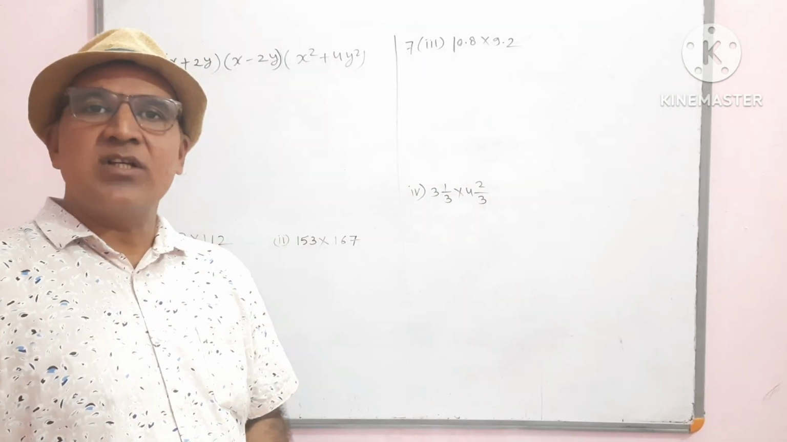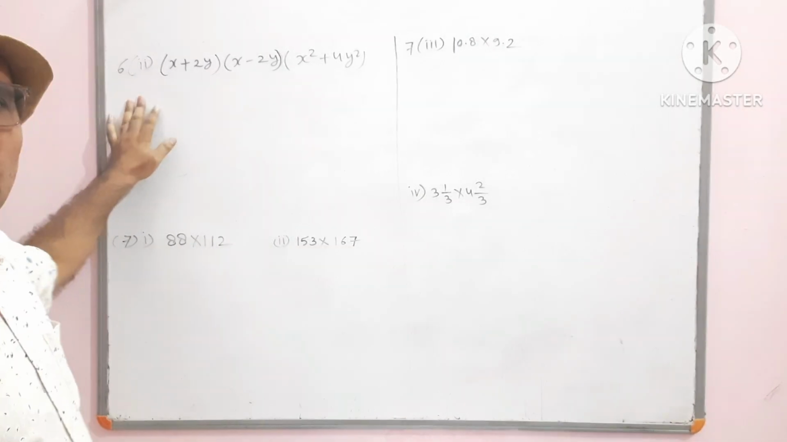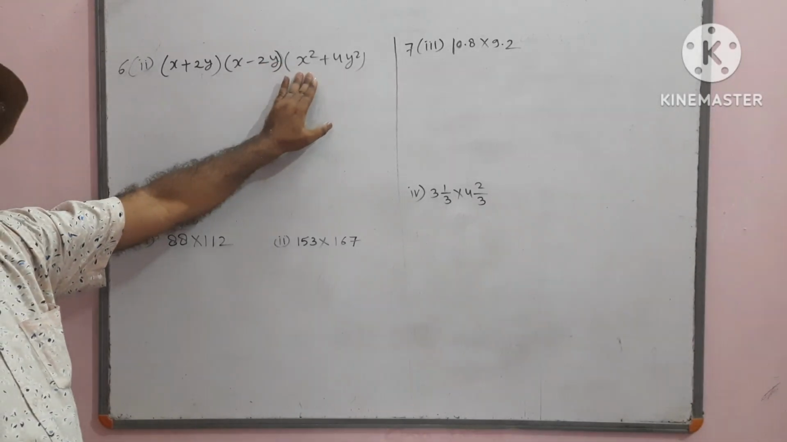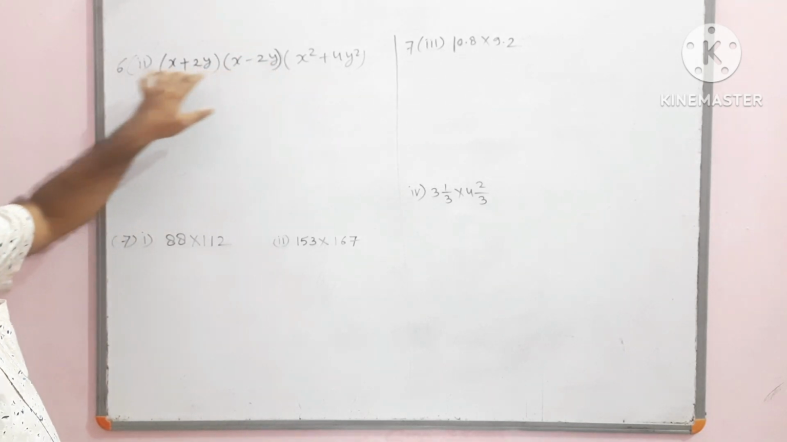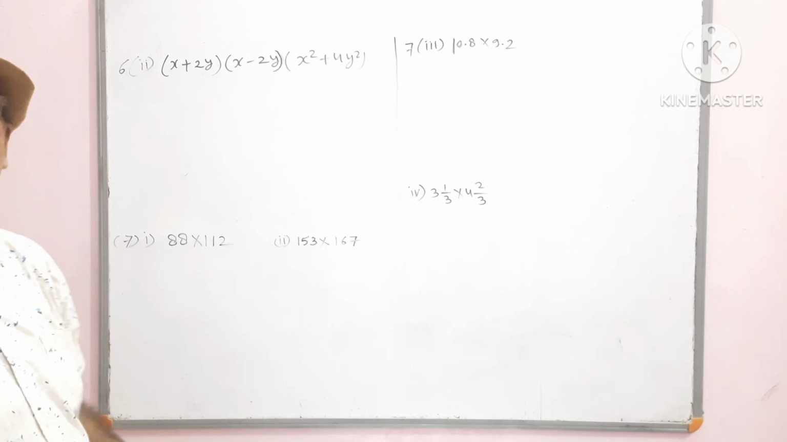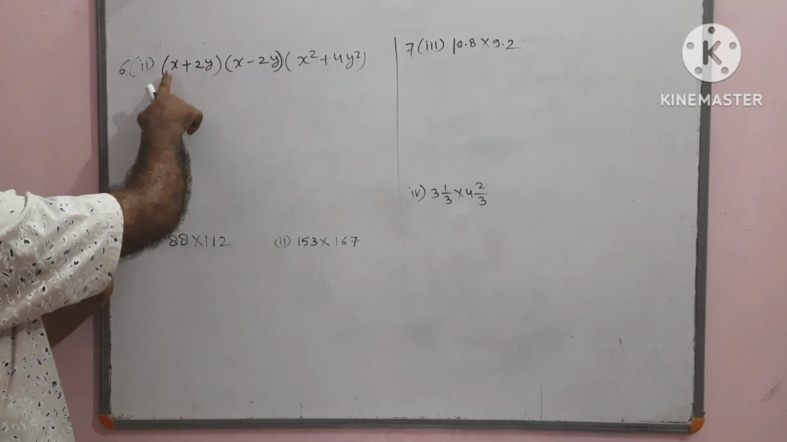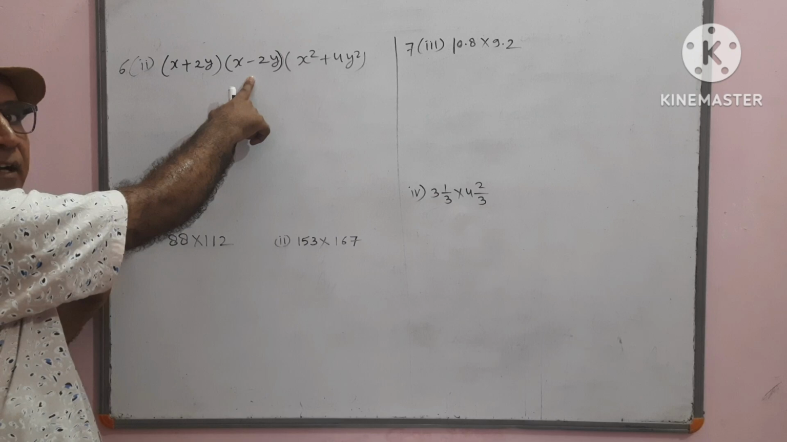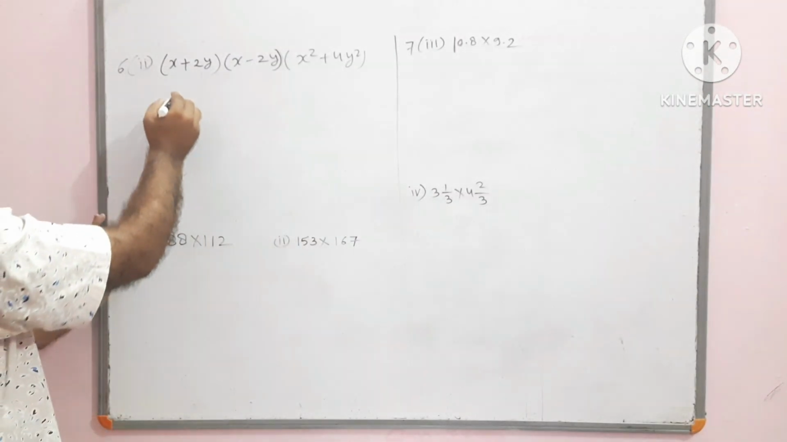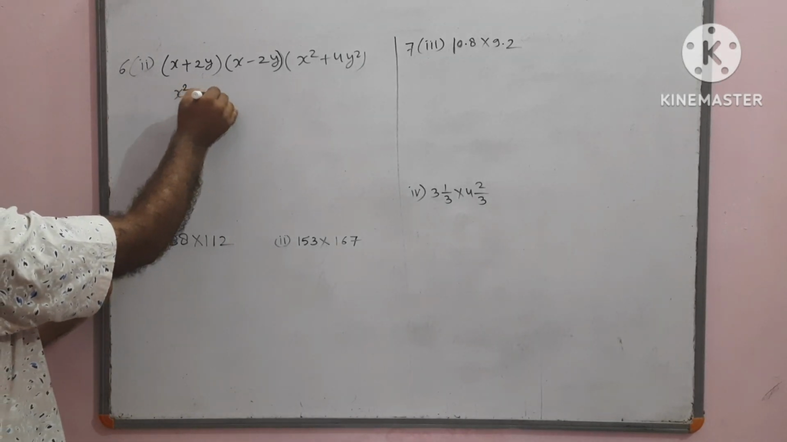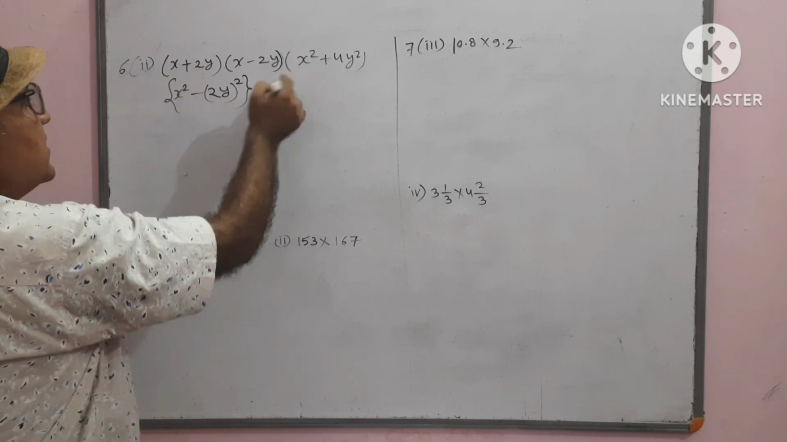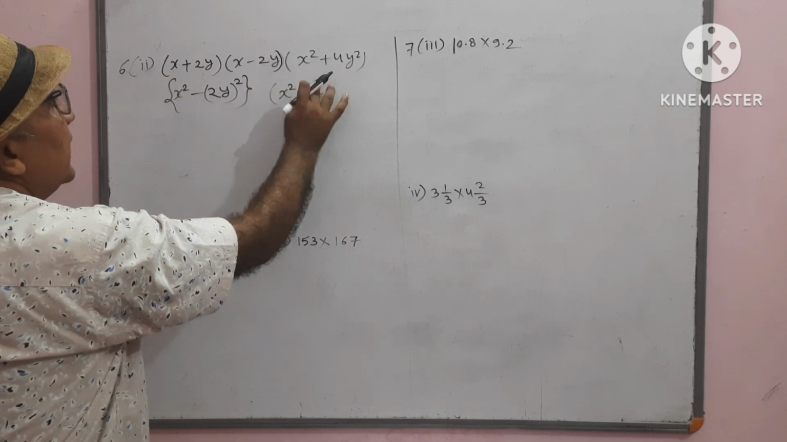Okay children, now see the next question. Question number 6 part 2. X plus 2y into x minus 2y into x square plus 4y square. Again there are 3 brackets, but you have to search for those 2 which are looking like an identity. See the first and second: x plus 2y into x minus 2y. These 2 are looking like the identity a plus b into a minus b. So we can write here x square minus 2y whole square in one bracket. And this bracket we will copy: x square plus